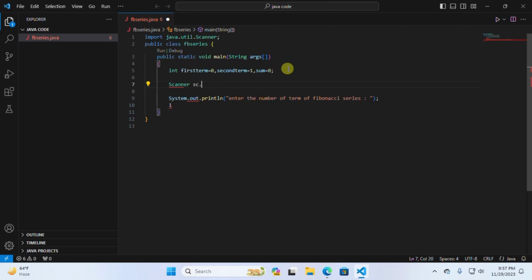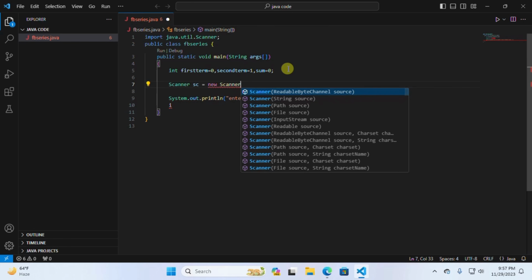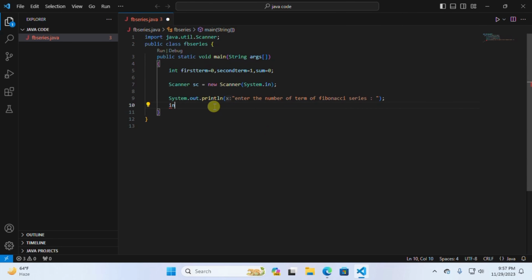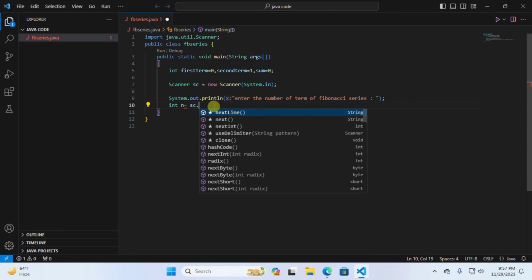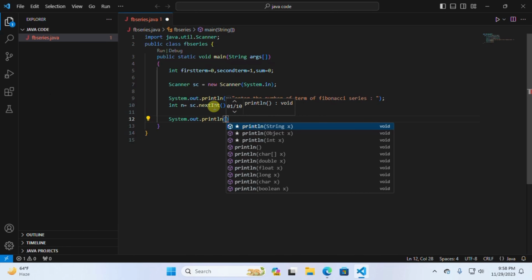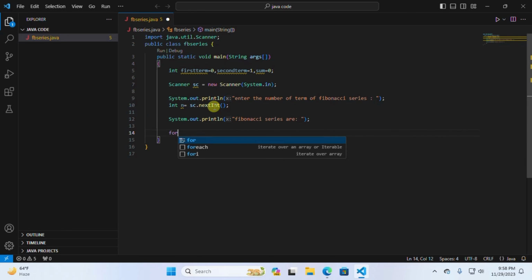Scanner sc = new Scanner(System.in); Now int n = sc.nextInt(); Then after that we print a line: System.out.println("Fibonacci series are"); Then after that the for loop: for (int i = 0; i < n; i++)